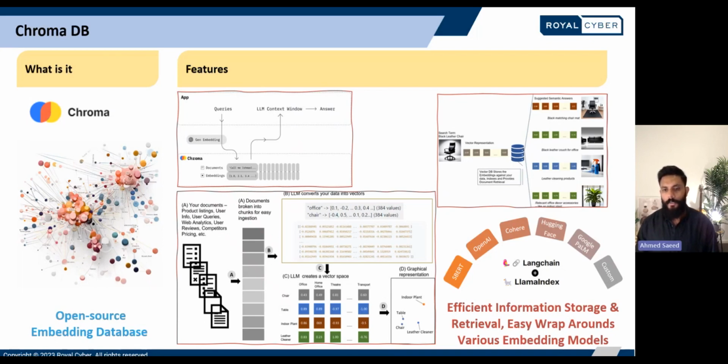As shown here, Chroma gives us the ability to store embeddings and their metadata. And we have demonstrated that through some examples where your documents could be product listings or user information that gets added and converted into vector spaces. And then from those vector spaces, vector databases find the closest distance between what you've typed and the numeric distance for the next word or the next letter.